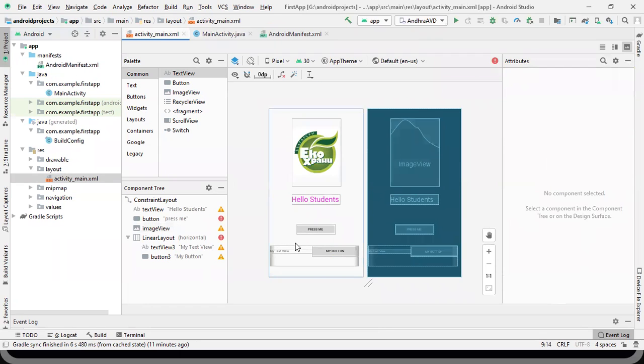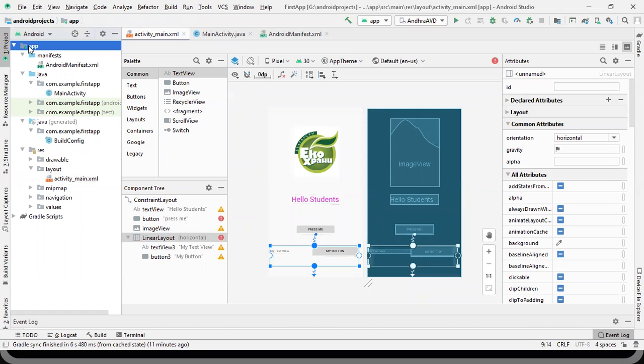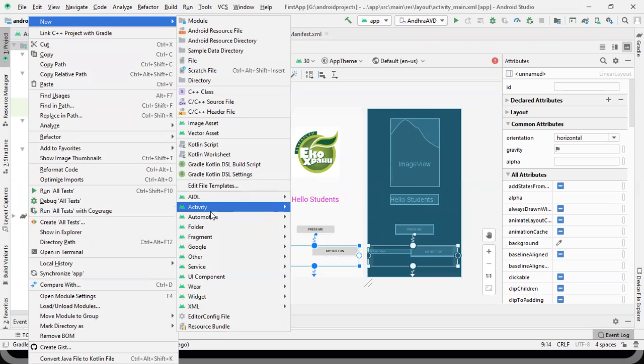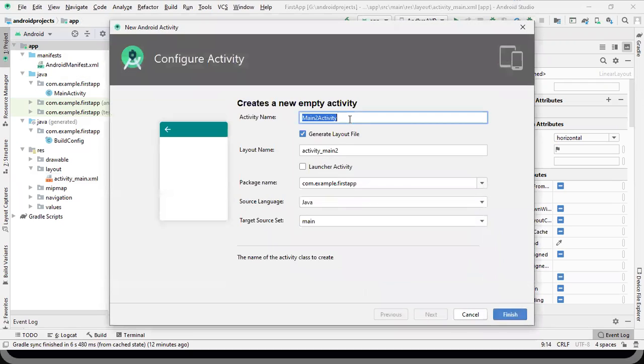Inside the layout we have a linear layout. Suppose we want to add a new activity, the empty activity, and we name it check. The associated layout name is activity_check.